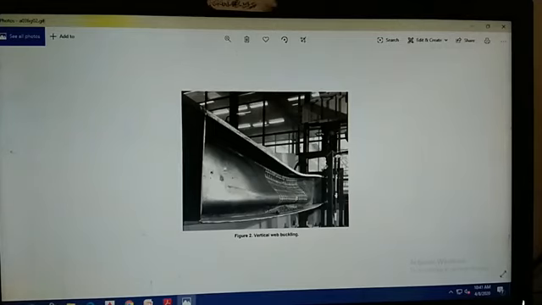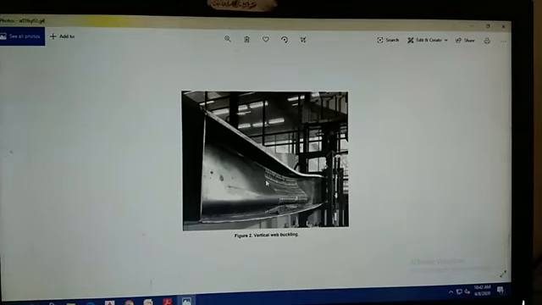You can see a huge I section over here. This is the top flange and this is the bottom flange. When a beam is subjected to lateral load, here is the load, what happens? See, the web is buckled, right? Instead of bending, there is a small bending also, but you can see the vertical web buckling takes place. Why? Because of its small thickness.